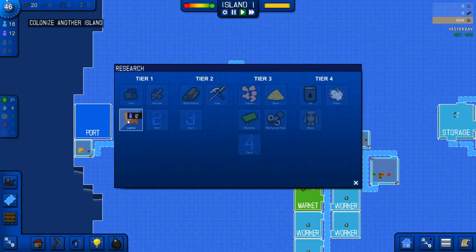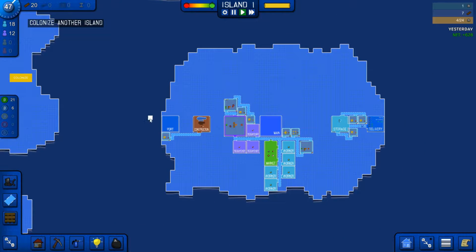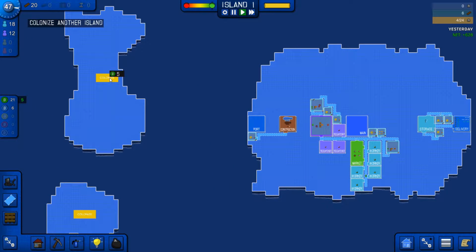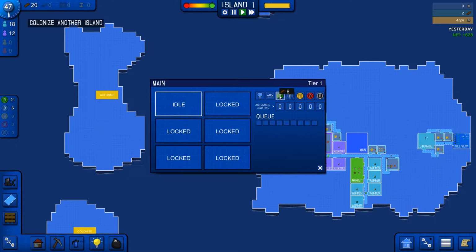Okay, so we have enough people now. We should be able to get this leather research. While that's going on, I'll go ahead and colonize this island over here as it has requested that we do. To do that, it's going to cost 5 upgrade tokens, and that's no problem at all. The game's been giving them to us for free, and we can craft them at any time for 9 wood, which is